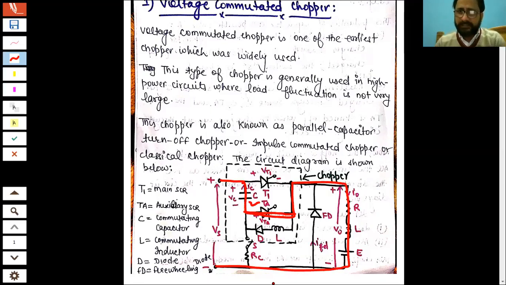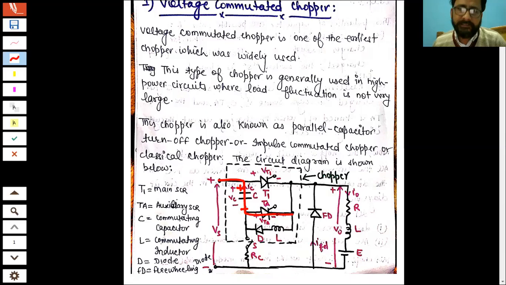When this is the case, the upper plate of the capacitor will be positive and the lower plate will be negative. So with time, the capacitor will be fully charged with voltage VC. And when it is completely charged with voltage VC, it will be open, and the current which was flowing will become zero, and the same current is flowing through the